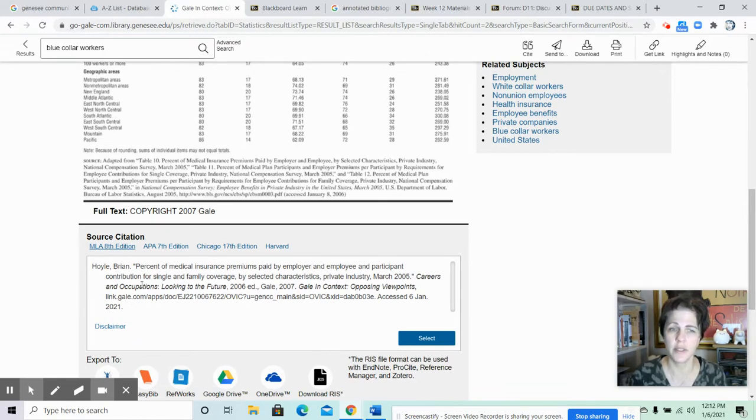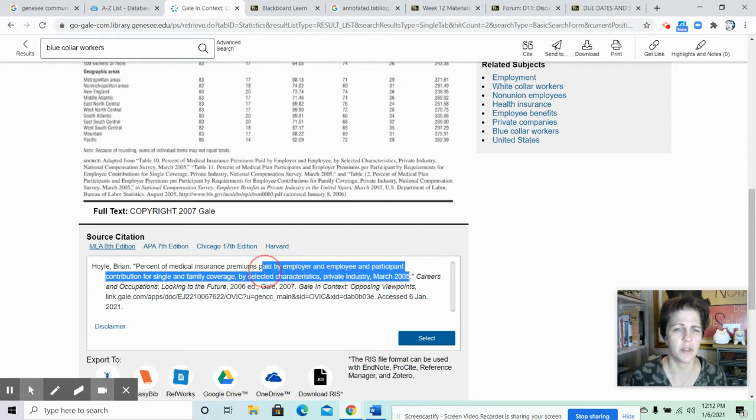It always says source citation at the end of these articles. Put that right on your works cited page, and you're done. The only error that sometimes happens is, you can see this is a title. Anything in quotes is a title. Make sure you pay attention to what's in quotes, what's in italics. Long works, main sources, those are in italics. Short works that we're quoting from, in those longer works that are in italics, are usually in quotes.